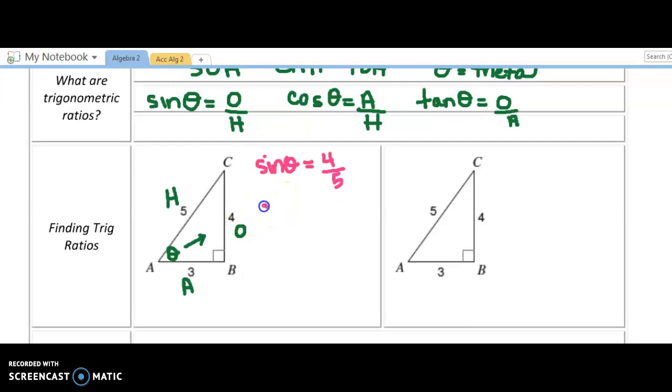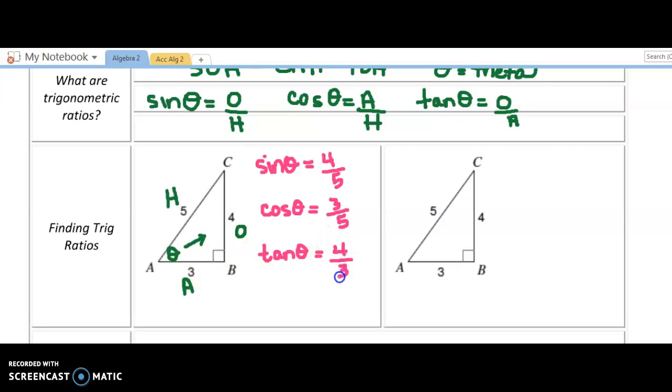Now we're going to look at cosine. Cosine is adjacent over hypotenuse. So our adjacent is 3 and our hypotenuse is 5. So this would be 3 over 5. And then our last trig ratio would be tangent. Tangent of theta is opposite over adjacent. So 4